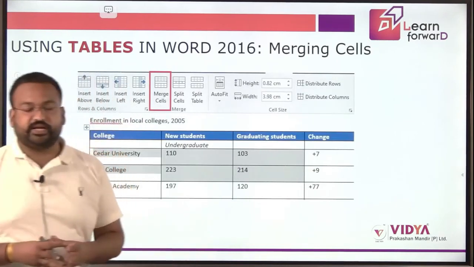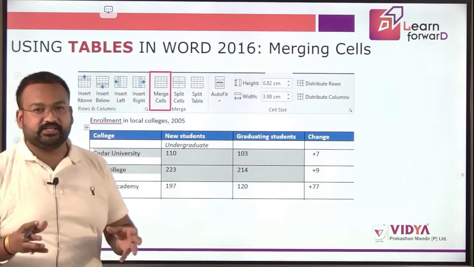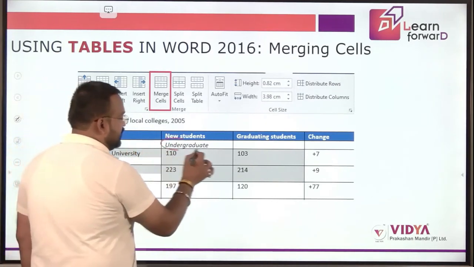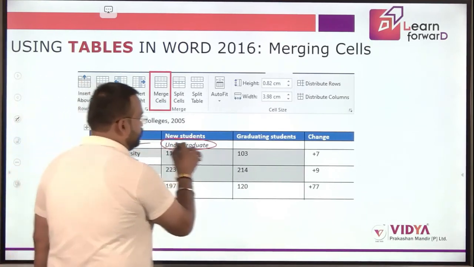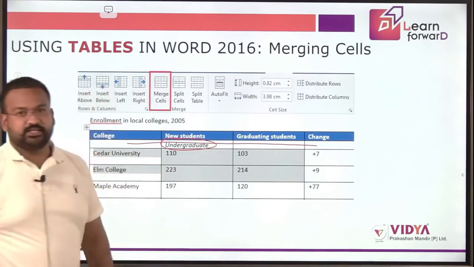Now we have seen how we can split a cell. Similarly, if we want to combine multiple cells into one, like in the earlier table we have seen that this undergraduate is written in this cell, and what I want is for all these cells in this particular row to be combined and come into the center.